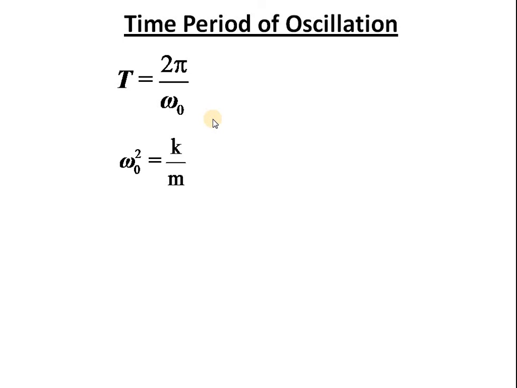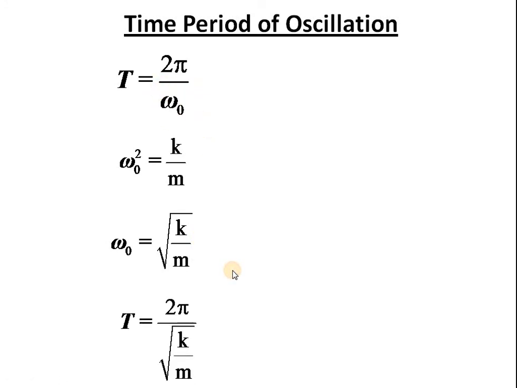And already we have written omega 0 squared is equal to k by m at the beginning, so omega 0 is equal to root of k by m. We can put here, remove your omega 0 and put k by m. So what we get, T is equal to 2 pi by root of k by m. Or you can simply write T is equal to 2 pi into root of m by k. So the period of oscillation can be found from this relation. If you know the mass and the spring constant, you can very easily find the period of oscillation without actual oscillation.